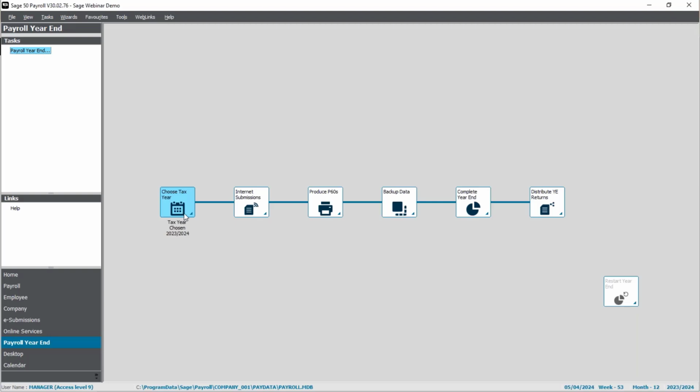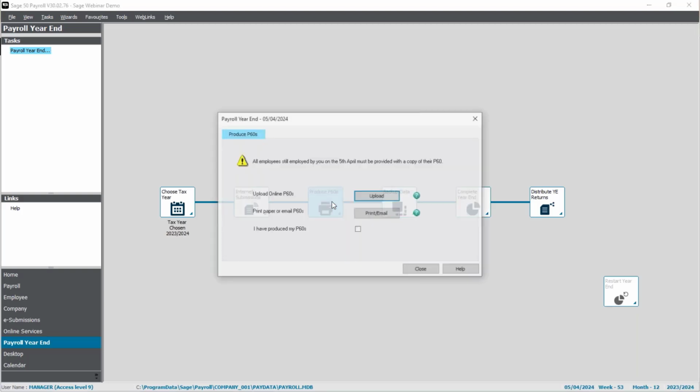You can choose the tax year if the correct tax year isn't already chosen. So mine's already set to 2023 to 24. And then I can just jump ahead straight to produce P60s. And you'll see that we have then the option to upload online P60s to the portal. So when I click onto upload,